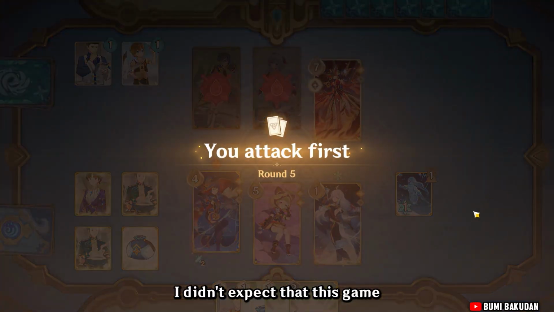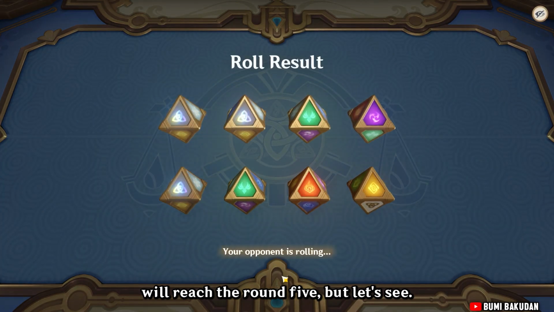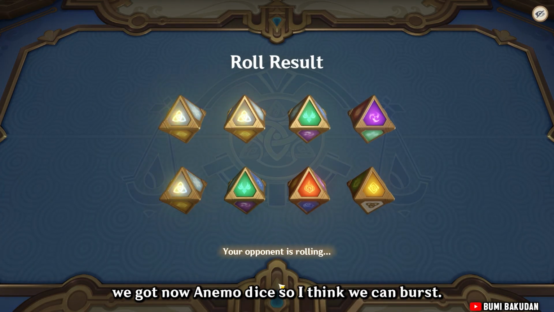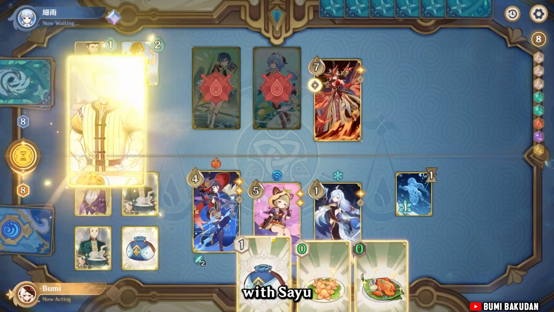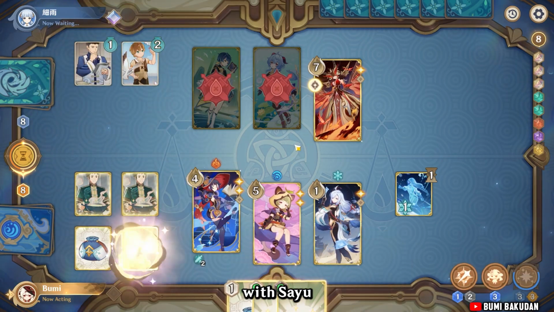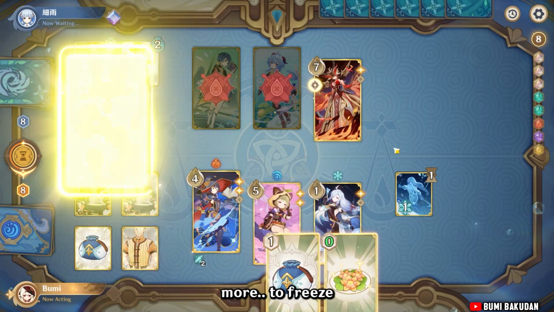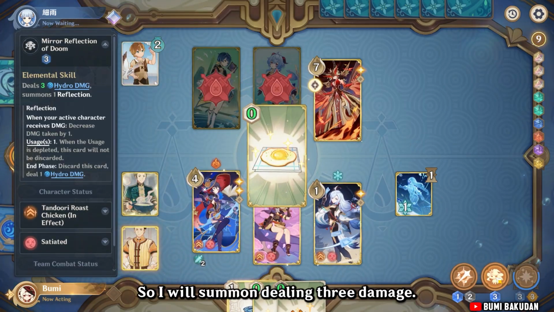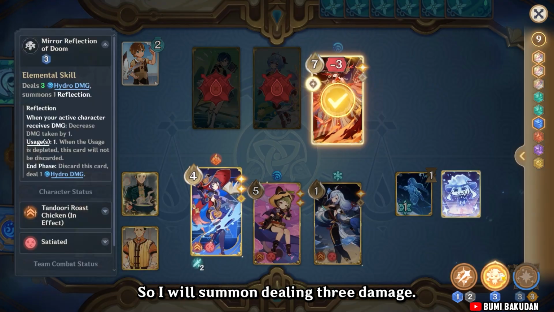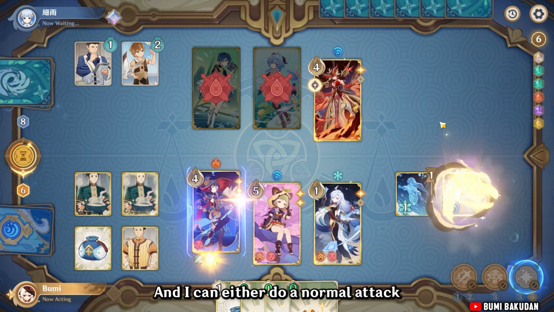I didn't expect that this game would reach round 5, but let's see. Oh, we got Anemo dice now, so I think we can burst with Sayu, but I think it's better to freeze. Let's see. So I will summon, dealing 3 damage, and I can either do a normal attack